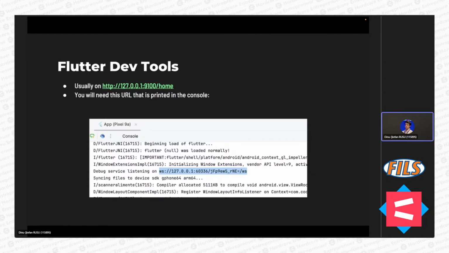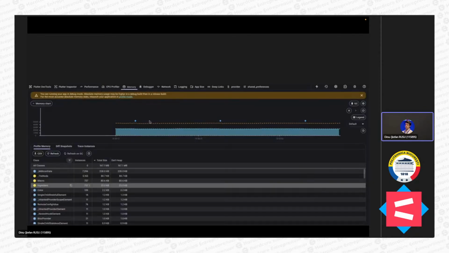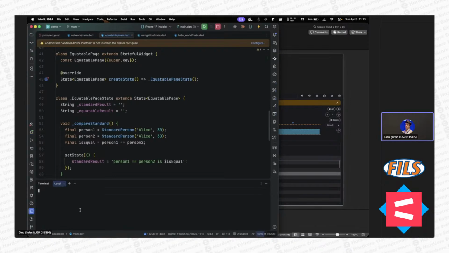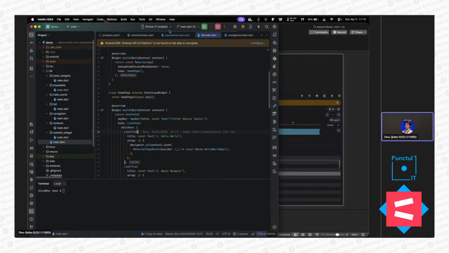You have in the console output some text that shows you where the debug service is listening, which in this case is the part I highlighted in blue for you, but you have to look in the terminal itself for it. When you open that, you'll have a page that looks like this and gives you some interesting things. I'll move to the live demo. These slides are just for people who look at this asynchronously. So if I start the application itself,